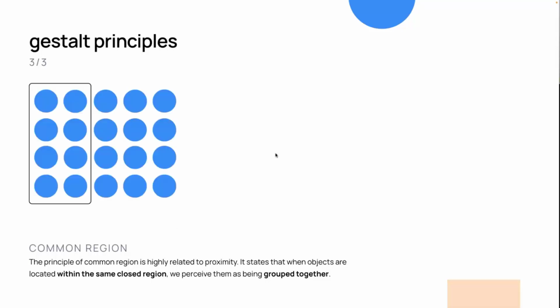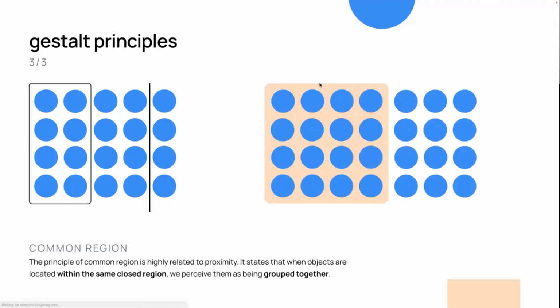Now, this principle is particularly useful because it can help us with information grouping, content organization, but it can also achieve content separation. Like we can see here, one group placed in a certain common region. And this separation can also be done either by using a shape, a line, maybe even a background color, and so on. And now that I bothered you with all this theory, let's see how everything would come together